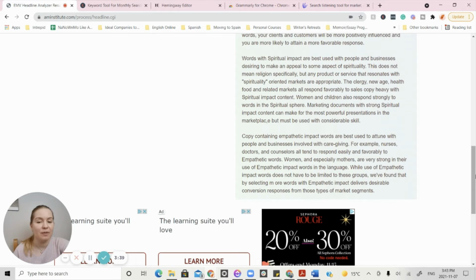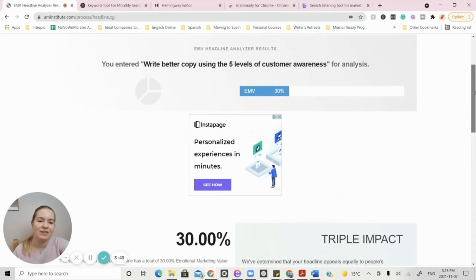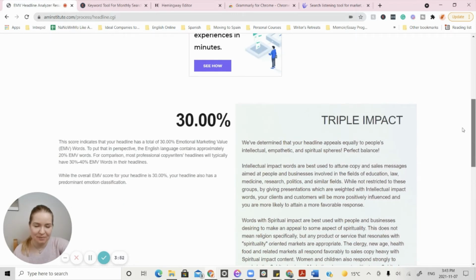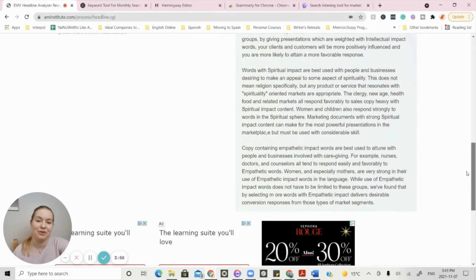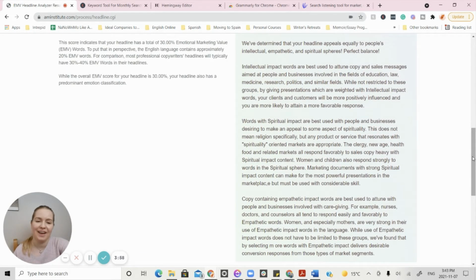And then copy containing empathetic impact words are best used to attune with people and businesses involved with caregiving. So women, especially mothers, are very strong in their use of empathetic impact words in the language. And if you're familiar with brand archetypes, if you've done any with me before, then you will also be able to focus on, I am a caregiver type. And I also help other caregivers. So I'm definitely going to lean into